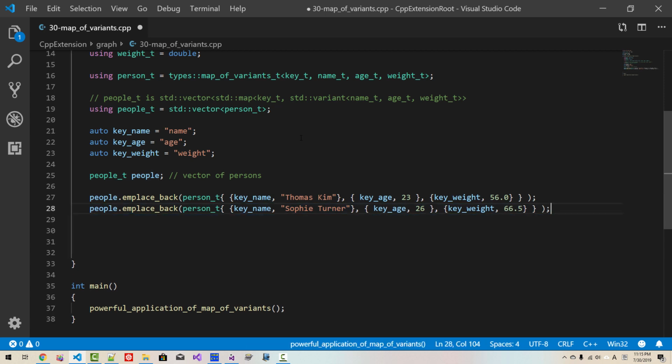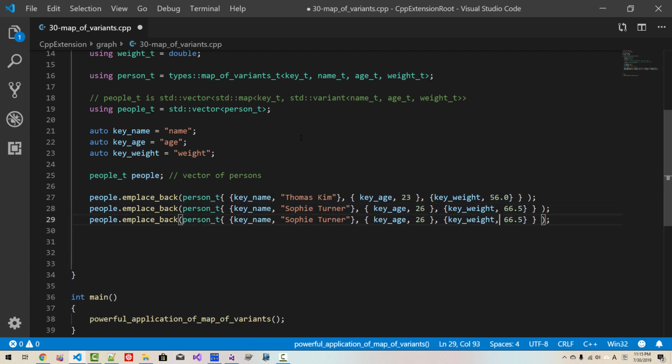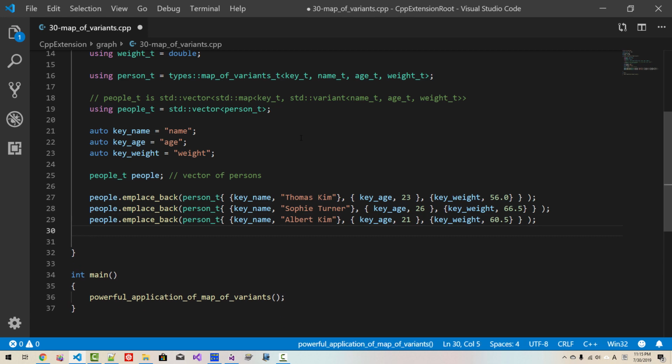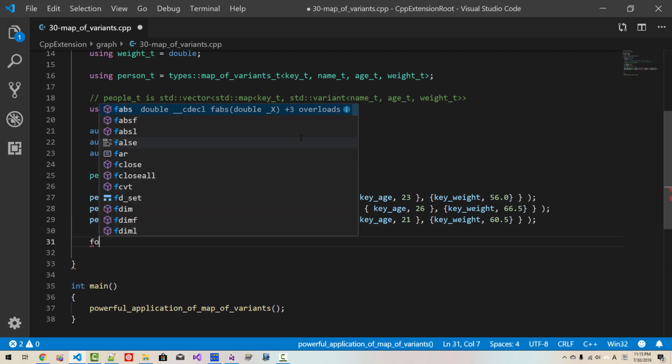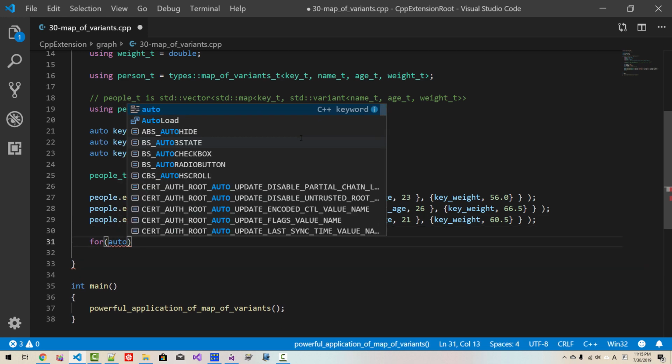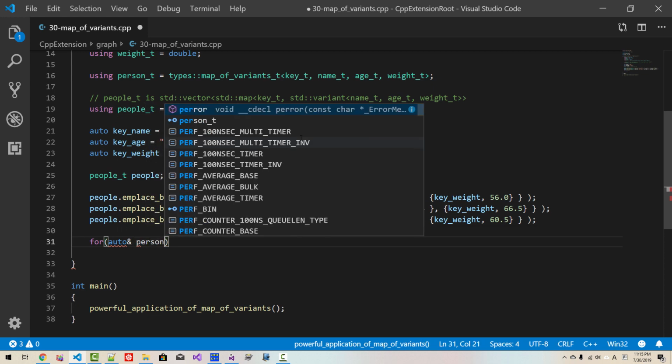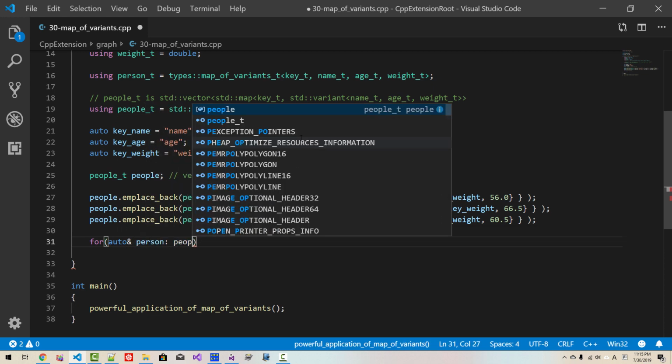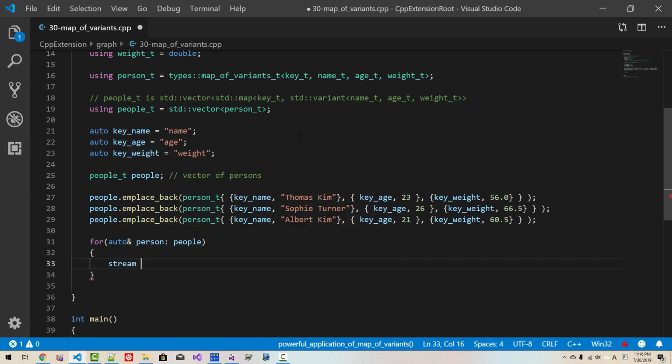Now I copy once again another person, Albert Kim, age 21, weight 65 kilograms. So I inserted 3 persons. For auto person, people, string, my name is person